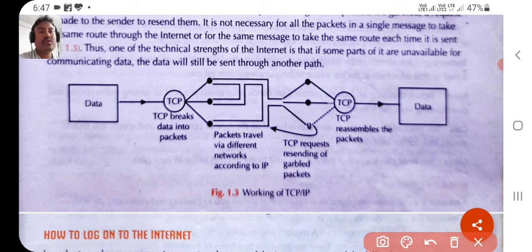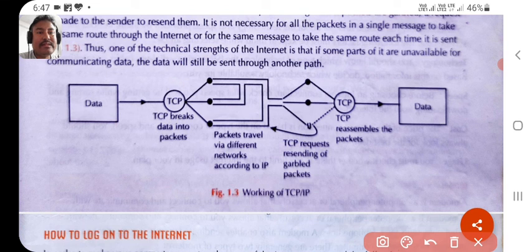So here you see, from a starting point, or from a system, when it is sending through the network to reach another network destination, you can see the process of sending the data. It will be made into pieces, then sent through different routes,